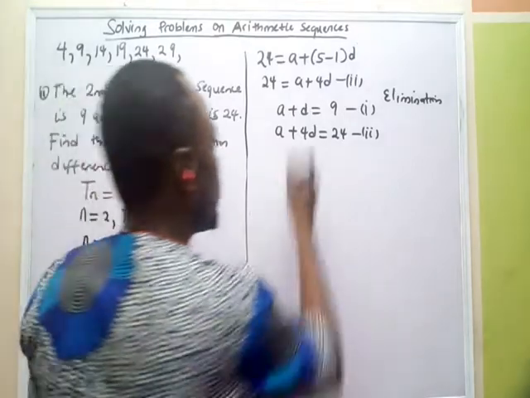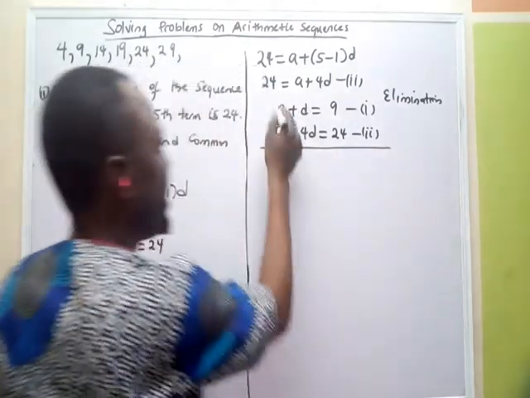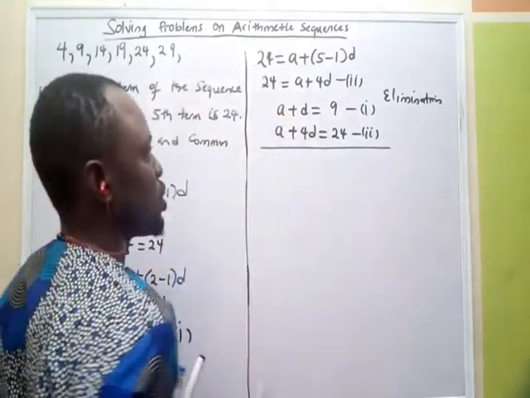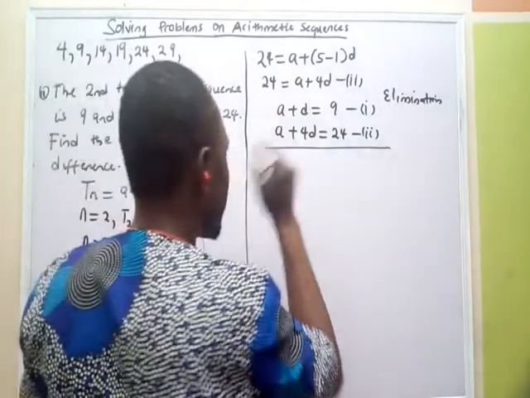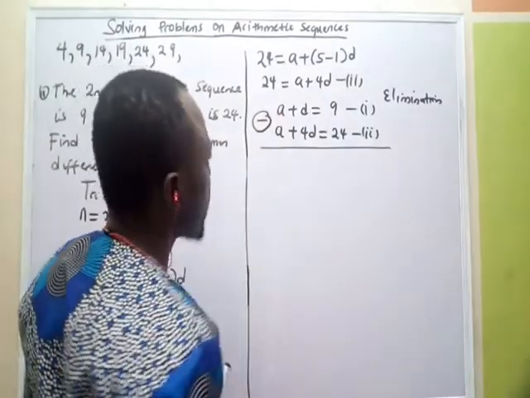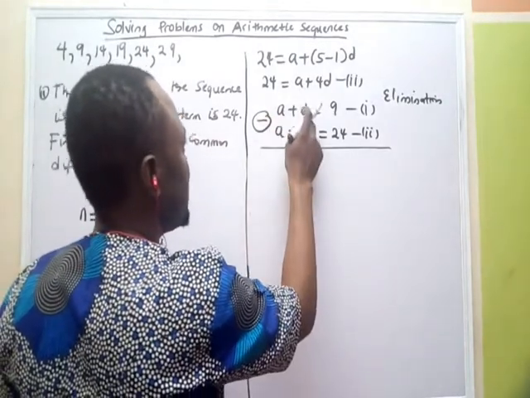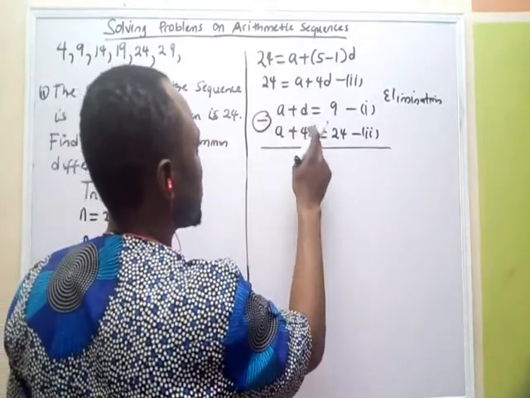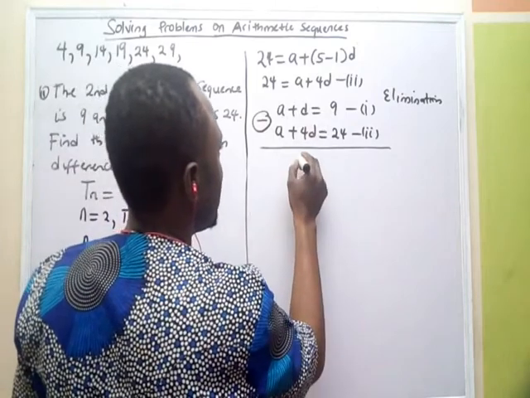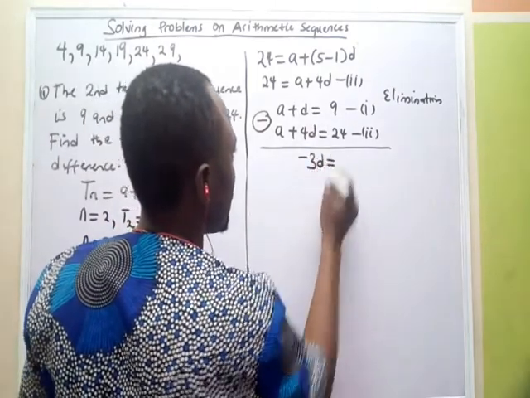Now, look at these equations. a in equation 1 and equation 2 are identical. So in order to get rid of a, I'm going to subtract. So a minus a is 0. d minus 4d will give me minus 3d equals